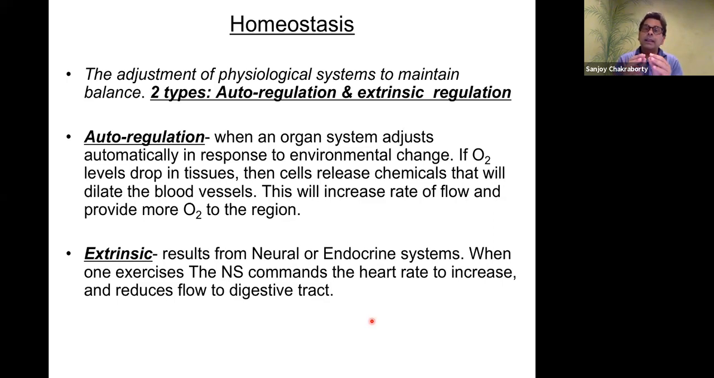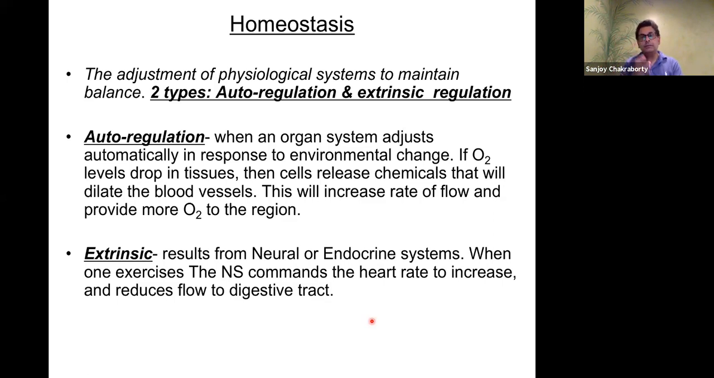So locally, the blood vessels in your leg muscles will swell or dilate a little bit. That dilation will increase the blood flow, which will help to move more oxygen to that region. Okay. Now that may not be enough. Then